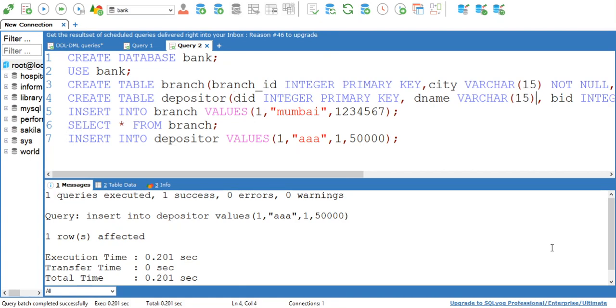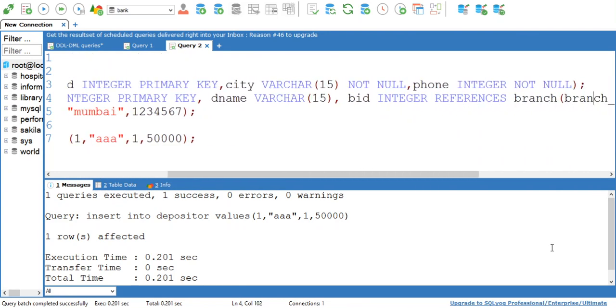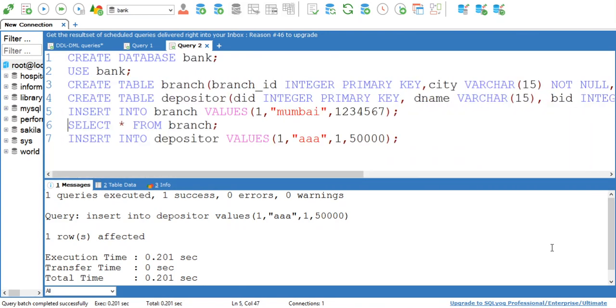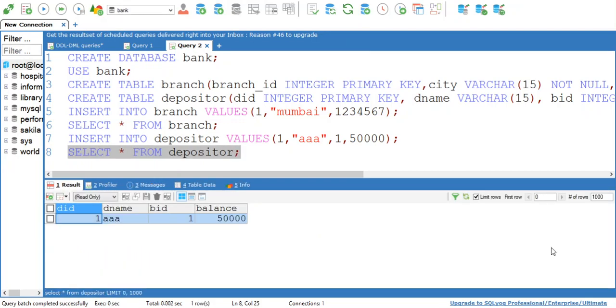Depositor ID, depositor name is given, branch ID is given, and balance. Okay, so values are inserted. Now select data from depositor also. Okay, so this is depositor.